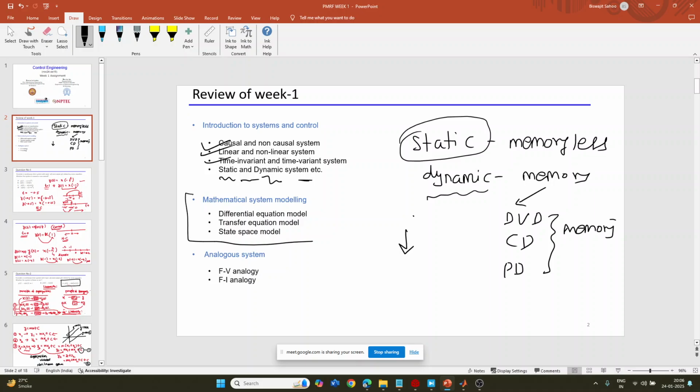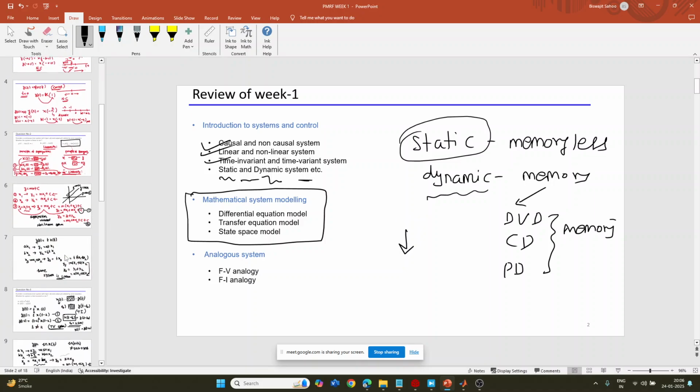Okay, mathematical system modeling. Now we are going to solve one question. Based on how a system is given to you, you have to find the equation for that system. After finding the equation, you model the system, meaning how in the Laplace domain you are going to write the transfer function. So all these things we are doing in the second part of the questions. Let me go quickly to that part.